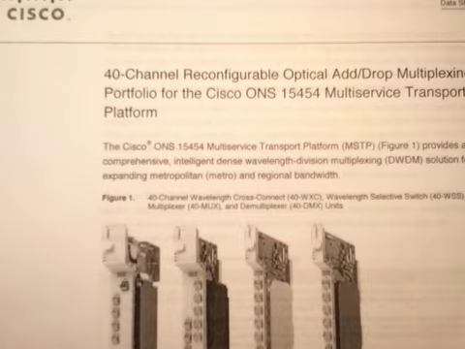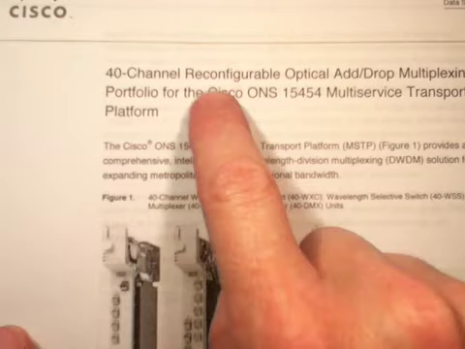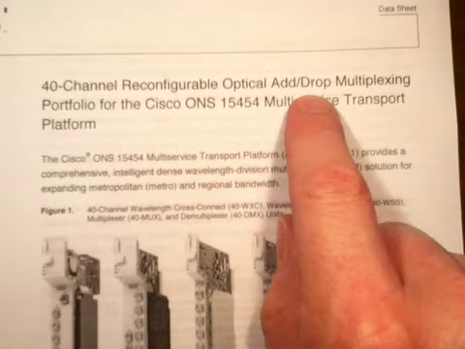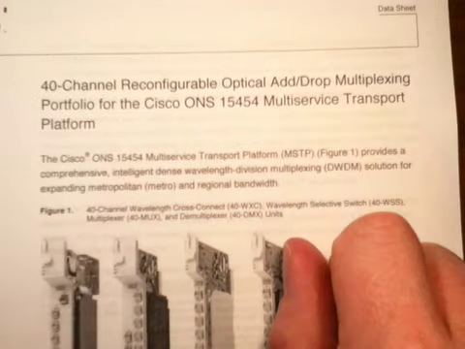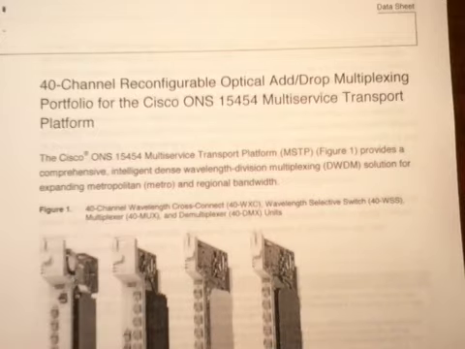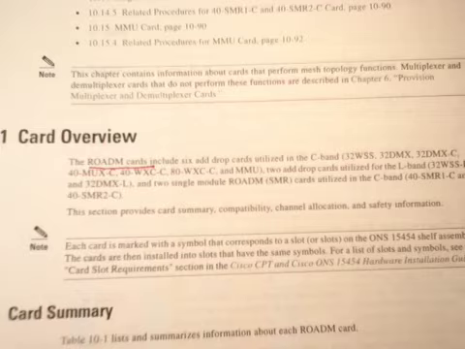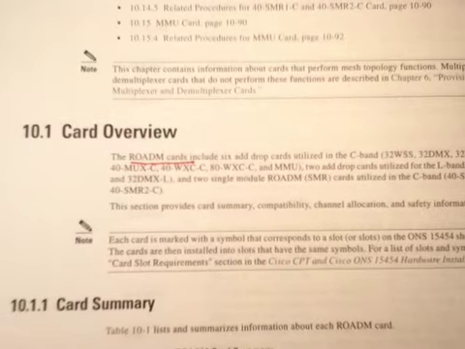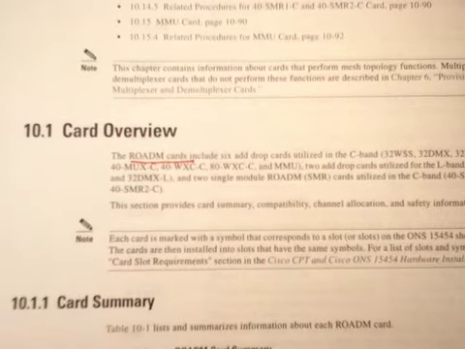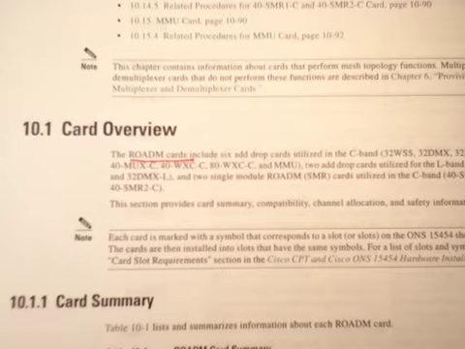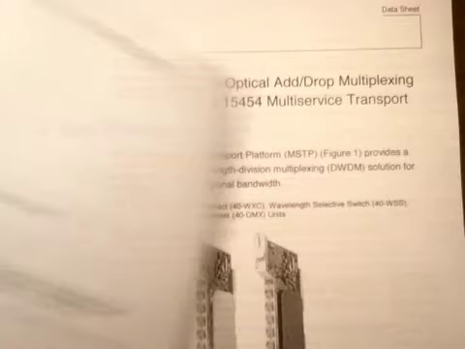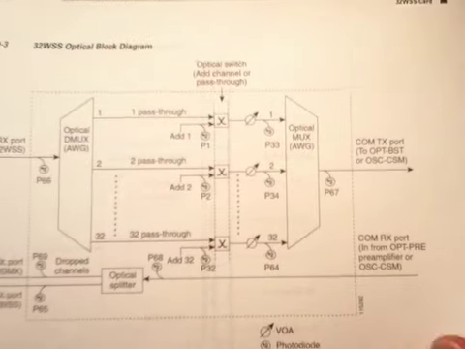Okay, in this video I'd like to continue the discussion of ROADMs, that is reconfigurable optical add-drop multiplexers. And in the previous video I was talking about chapter 10 in the ONS 15454 configuration guide. And in chapter 10 we did talk about these ROADM devices, and in particular the most important